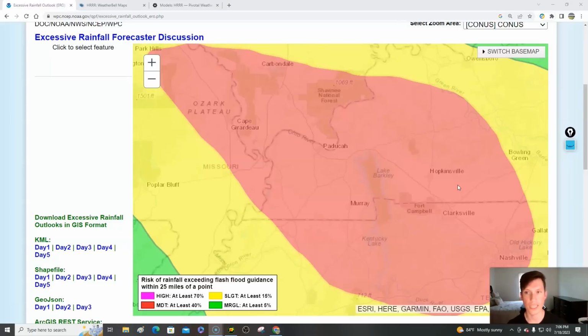So what you're seeing here is the excessive rainfall outlook. This goes marginal, slight, moderate, high. Green, yellow, red, pink. Pink is that highest level of flash flooding risk. So we have a pretty large moderate. That is at least a 40% risk of flash flood guidance being met. Who knows, this could be upgraded in later updates over the next several hours. So by the time some of you folks watch this, it might be broader. You might have a very small high risk in here. But as of now, the red area, which you see on your screen, has a 40% risk of flash flood